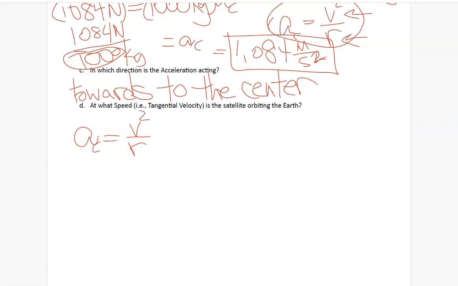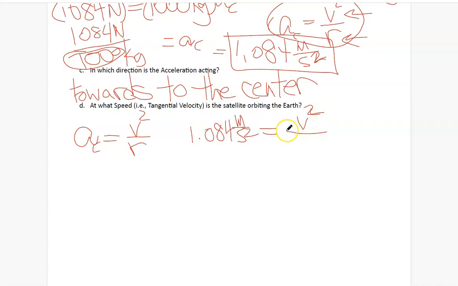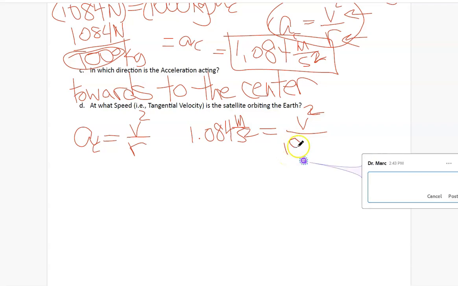We know that our acceleration from two problems back is 1.084 meters per second squared. We know this equals our tangential velocity squared, our unknown value. And that's divided by the radius of the circle that the satellite is traveling in. The radius of the circle it's traveling in is the distance from the satellite to the center of the Earth, which we determined on the other page is